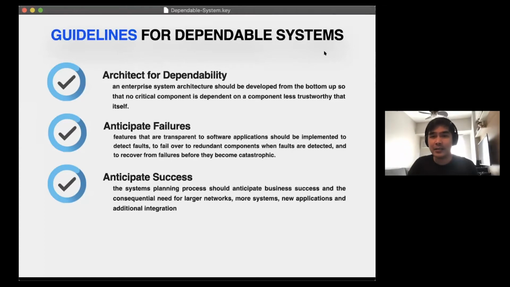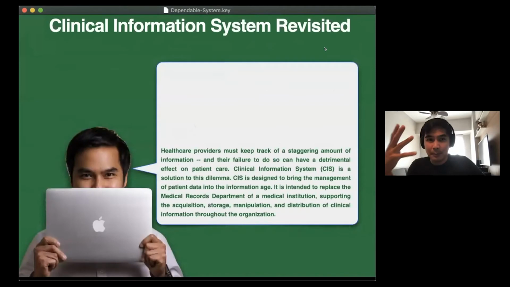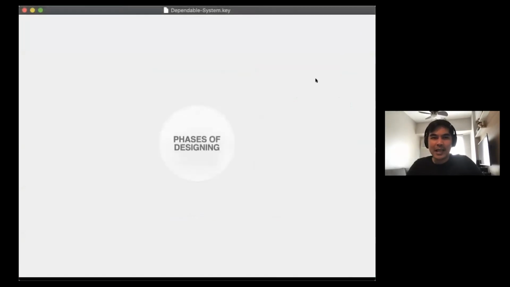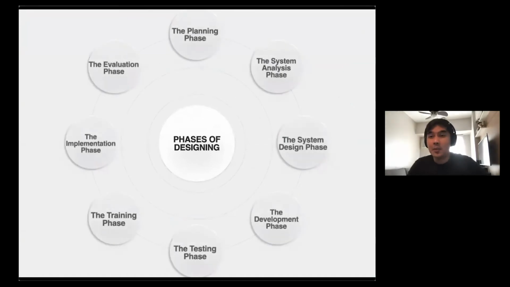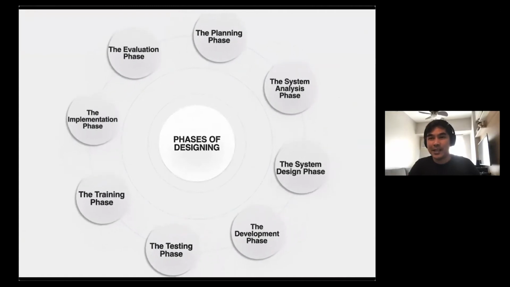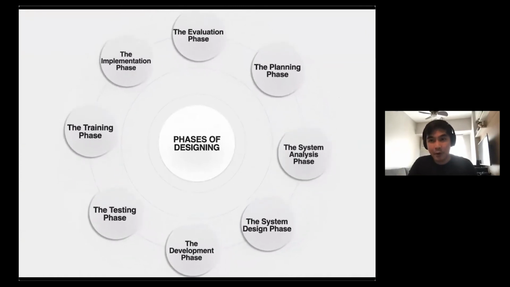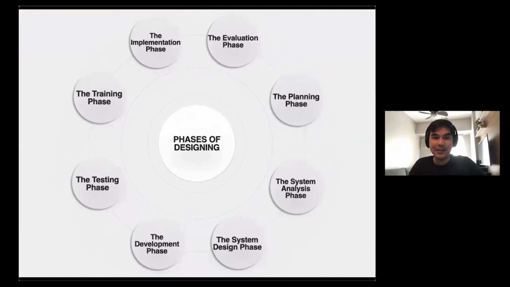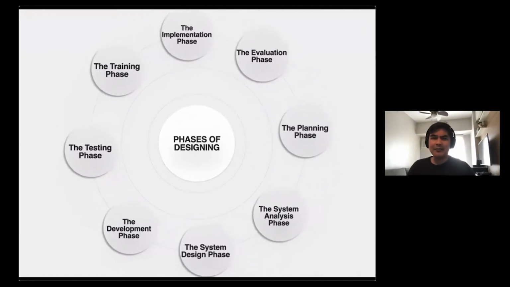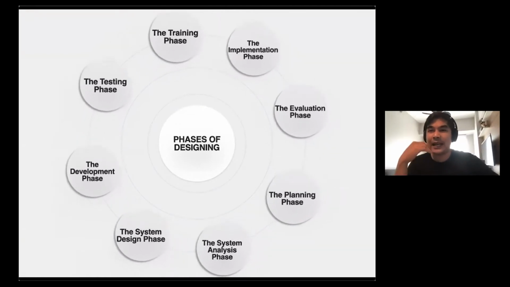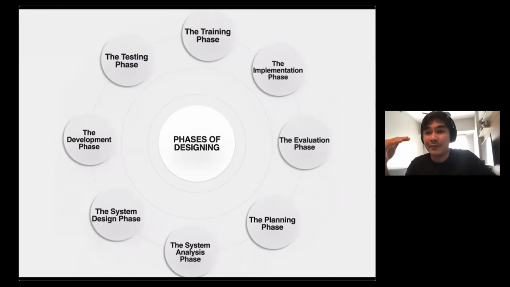Okay, so these are the guidelines for a dependable system. And just like what I'm telling you, we are revisiting the clinical information system or yung tinatawag nating CIS. Based on the previous discussion, we do understand that kapag sinabi nating clinical information system, hindi siya lumalabas immediately. These are being developed by a lot of companies, by a lot of individuals, nurse informaticists or programmers for us before we can use that particular clinical information system. Pag sinabi nating development or design ng isang clinical information system, mahabang proseso yung involved dyan before it can be used.